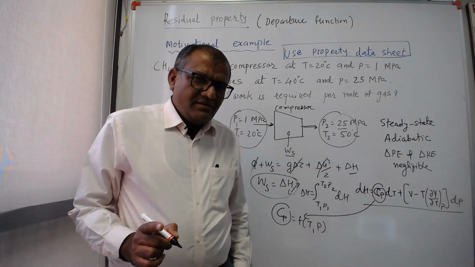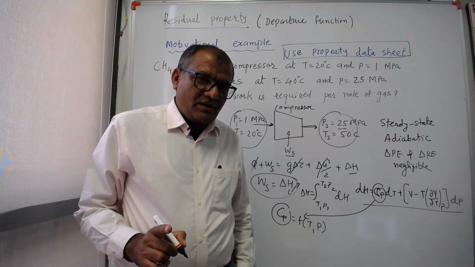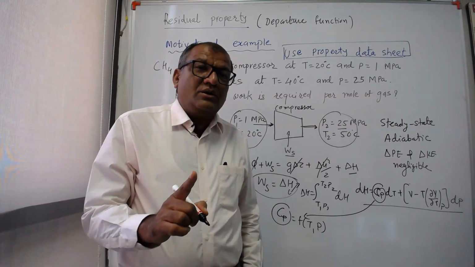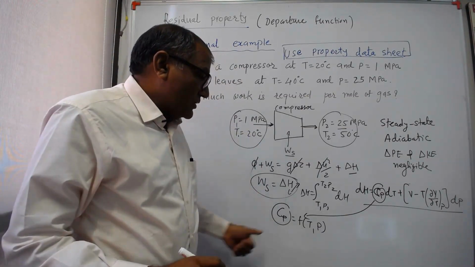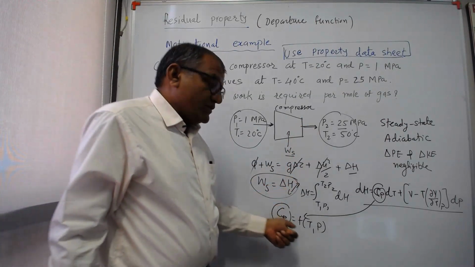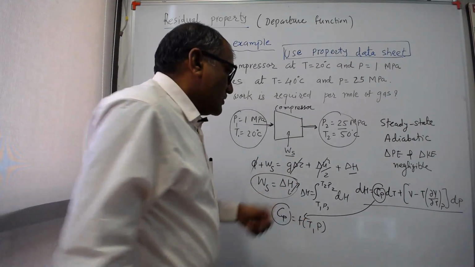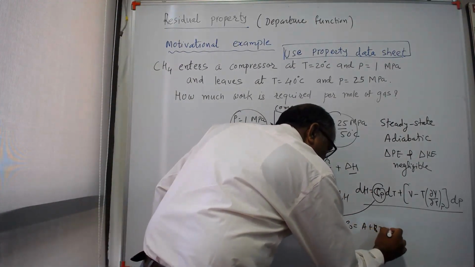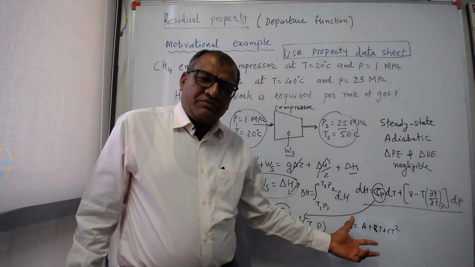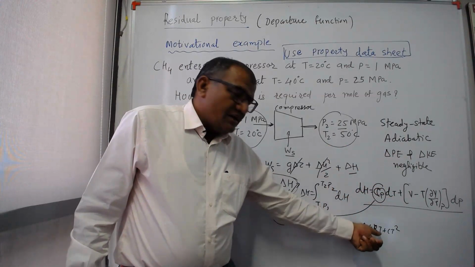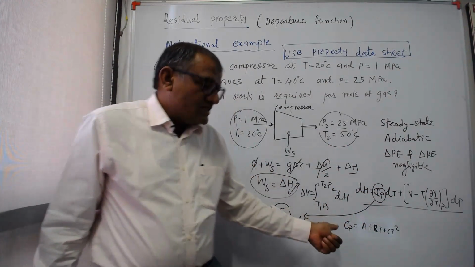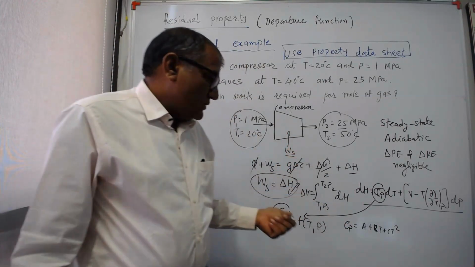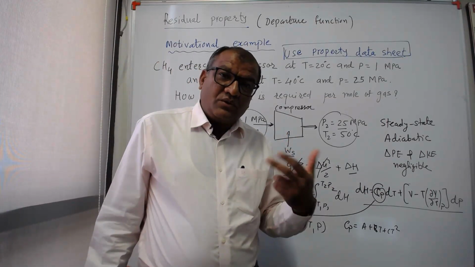Is Cp a function of temperature only? Cp is a function of temperature only for an ideal gas. But when we talk about a real gas, it is a function of both temperature and pressure. So if you are planning to use Cp as something like Bt plus Ct squared, this type of equation you might have used somewhere, you can't use it because it is valid only for an ideal gas. If you are going to solve the problem for a real gas, then we can't